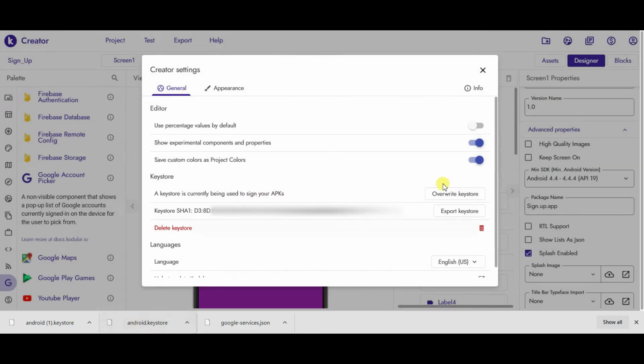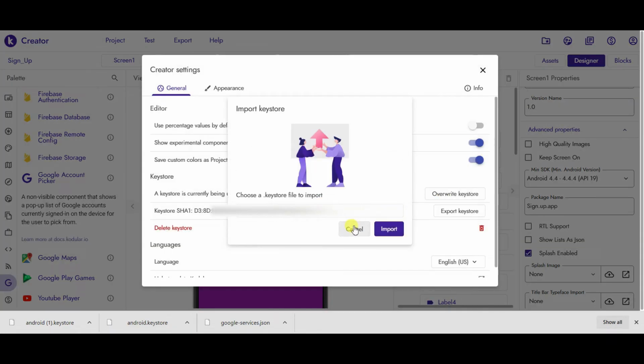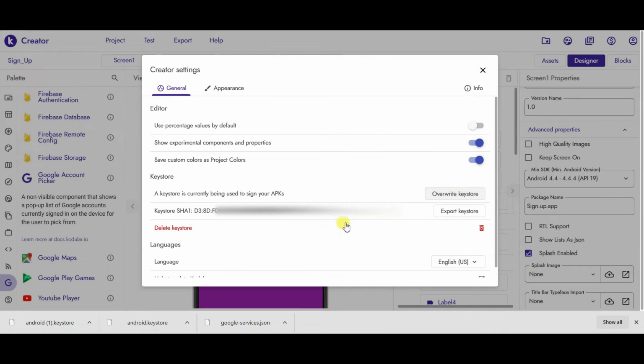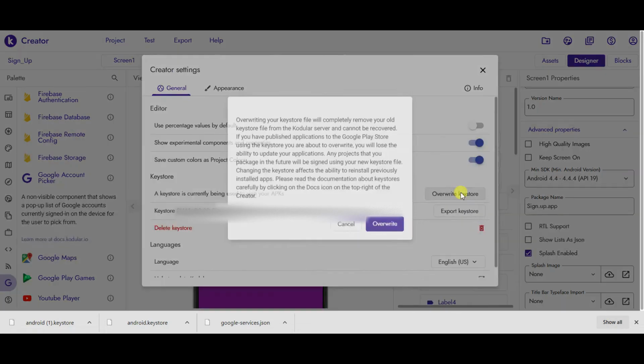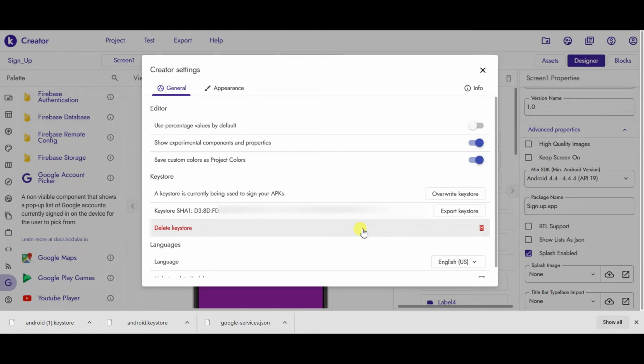So what you can just do is click here. You get an option of import key store. Since I already have one key store, it's giving me an option of override key store, but you get an option of import key store. So just click there and choose the file. You can choose a file or simply drag it and click on import. Once you click on import, you get your key store. This is a very simple method to get a key store if you do not get it by default.